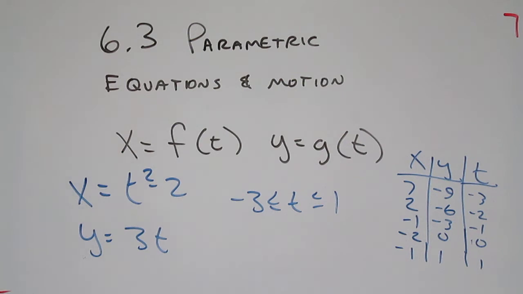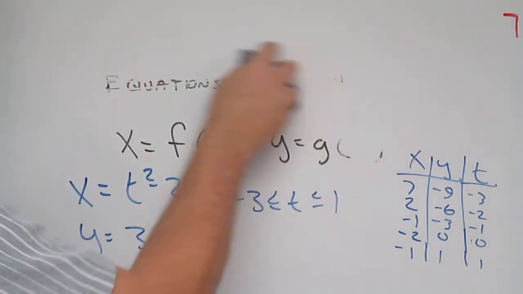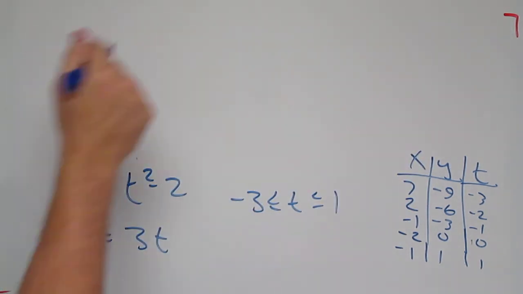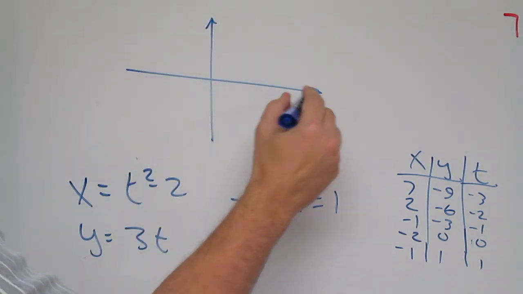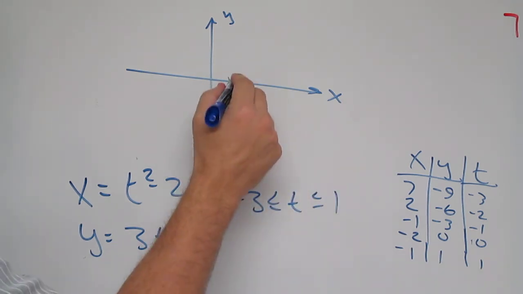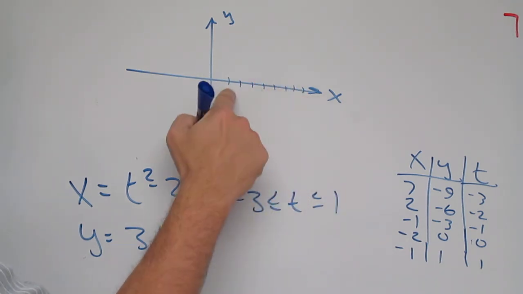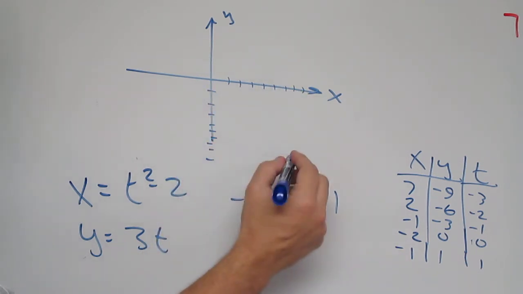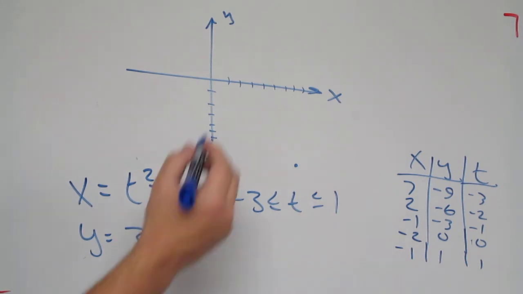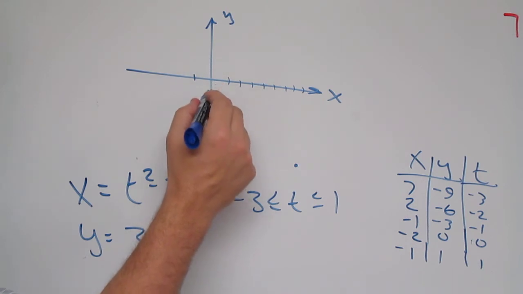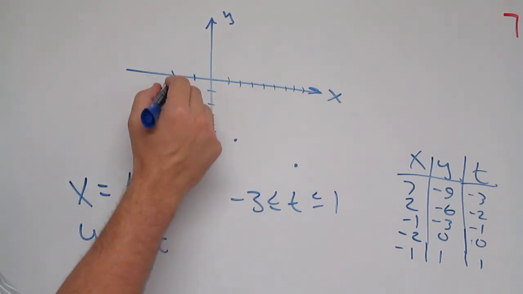So I have a bunch of points there, and I want to go ahead and graph those so that we can get an idea of what this thing is going to look like. We still graph this on the xy plane, so t will not be seen at all. So if my first point is at 7, 2, 3, 4, 5, 6, 7, and then -9, it's going to be way down here. And then I have 2, -6. And then I have -1, -3, -2, 0,